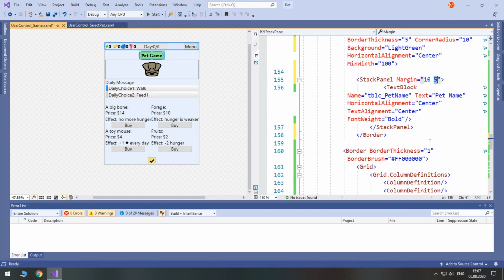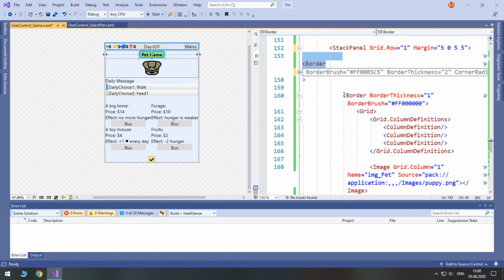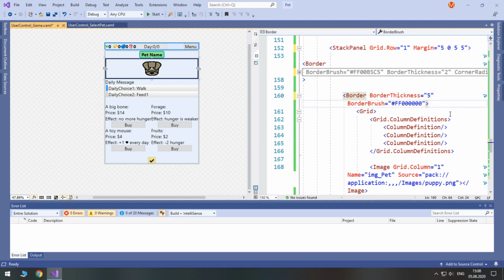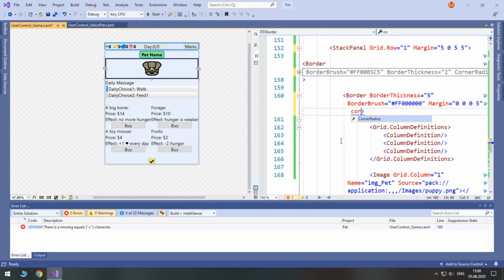Let's remove margin from top and bottom. So this was the border for the pet name, and now we will work with this border. Let's increase border thickness to 5 and add margin to bottom, so 0, 0, 0, 5, and we will make it cornered, so corner radius will be 10.